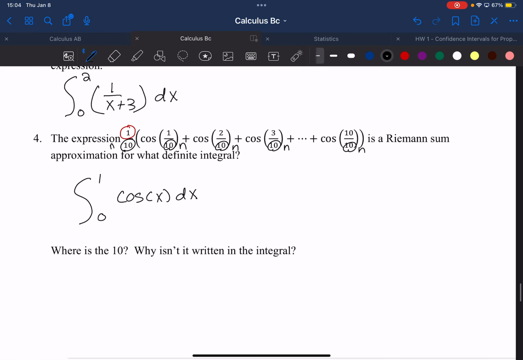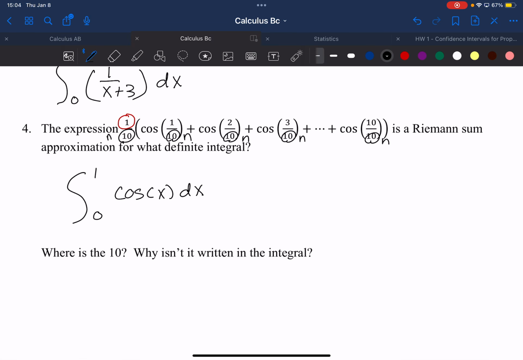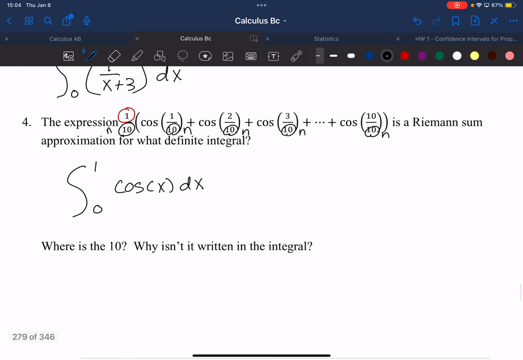But then the last question states, where did the 10 go? And what did we say the 10 represents? n. The 10 represents n. What's another word for n? The subintervals. So since 10 is the number of subintervals,